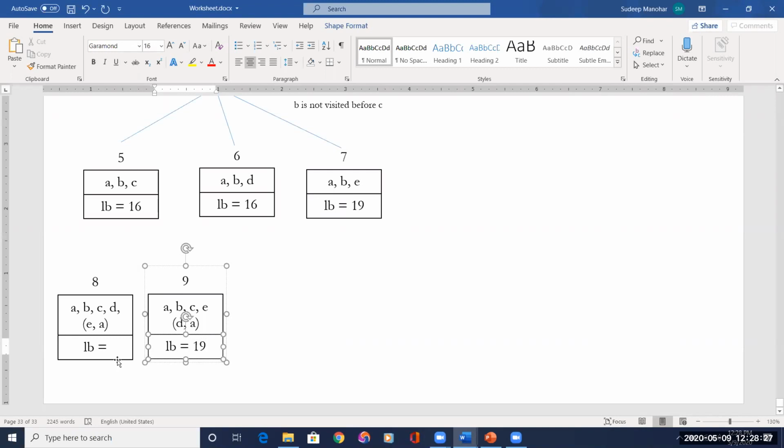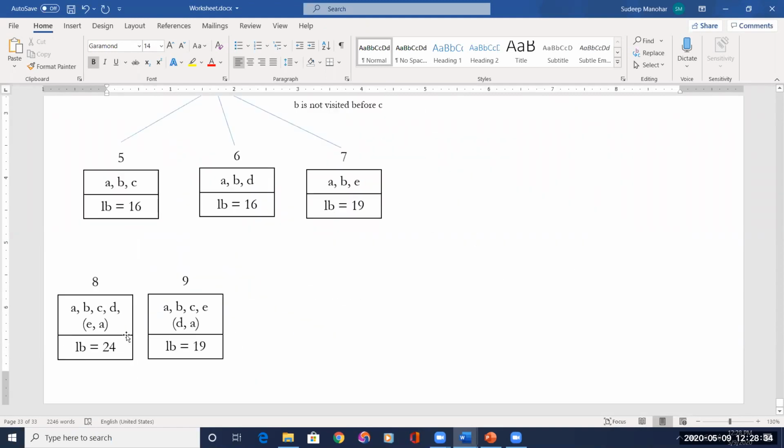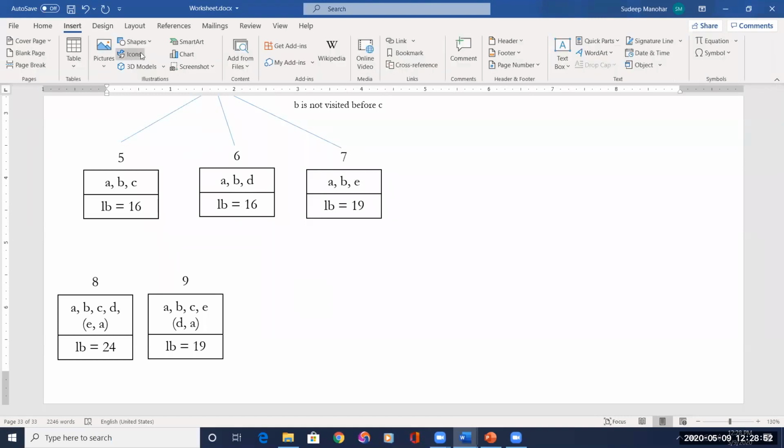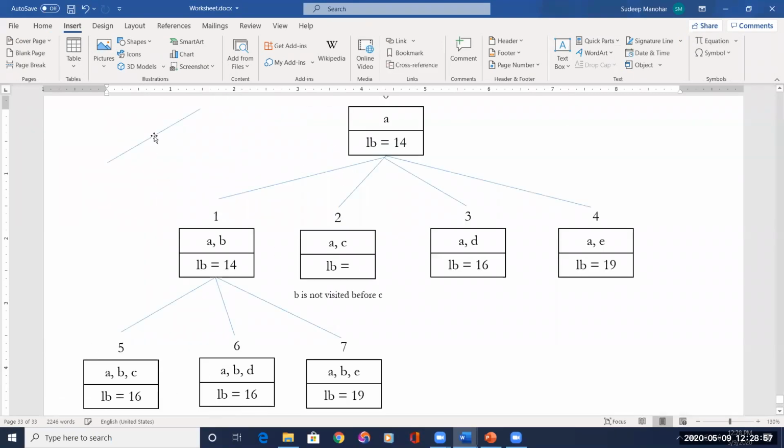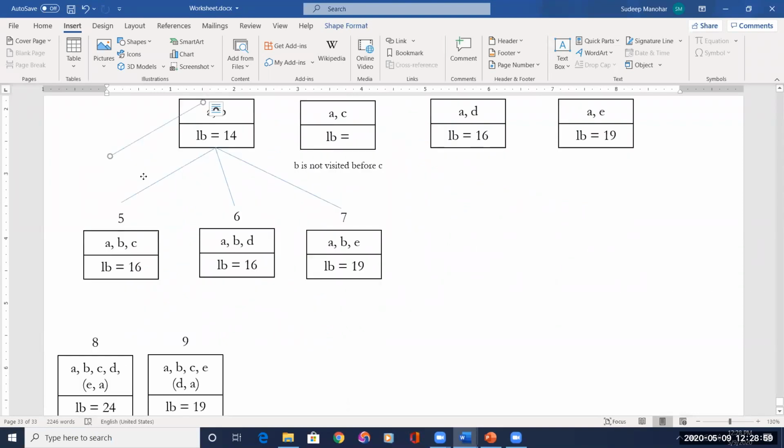We'll get 19 for node number 9, and for node number 8, we have got 24. So at this step, we cannot decide because we have considered node number 5. There is one more node also, node number 6 with the same value 60 in the previous level. Even for this, we have to calculate. Okay, wait a minute, I'll draw this. I will tell why we choose the next. It is not like that.